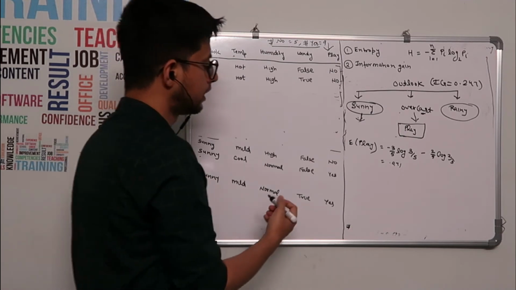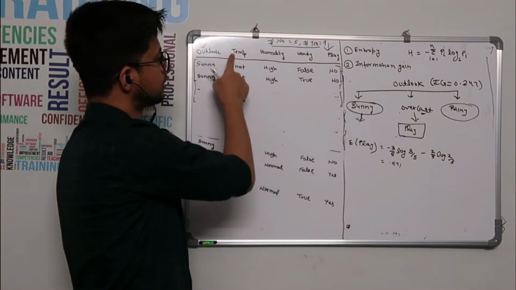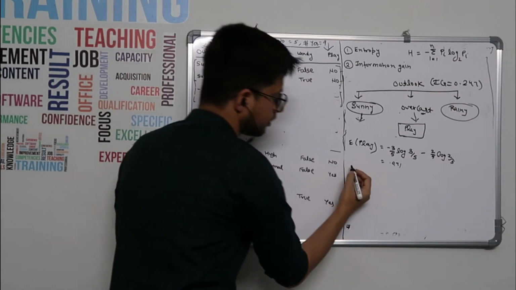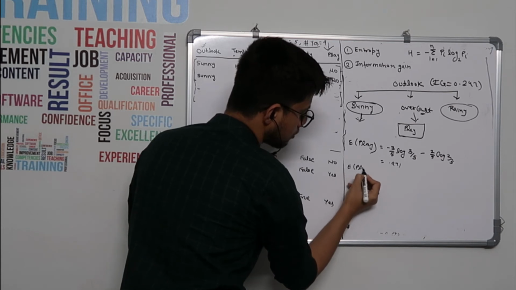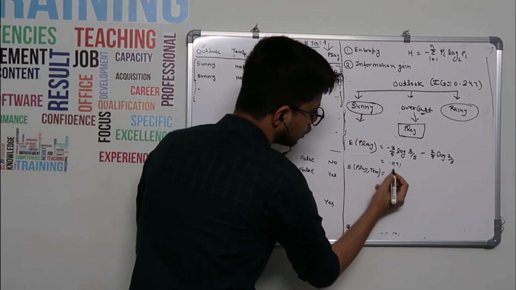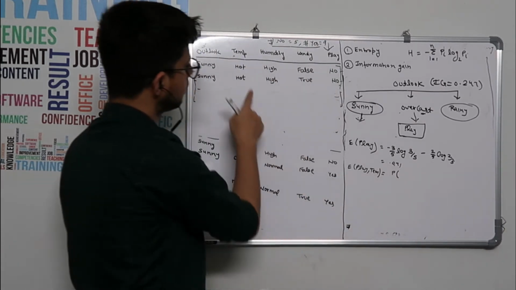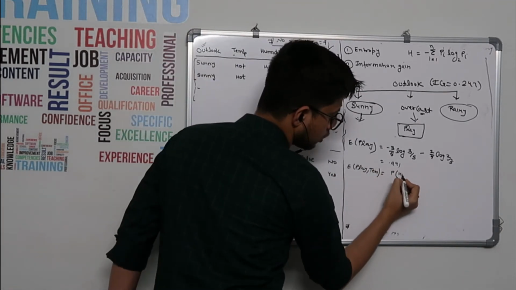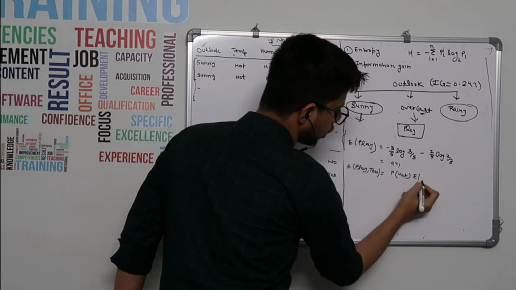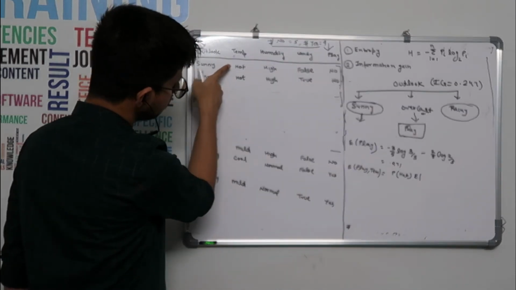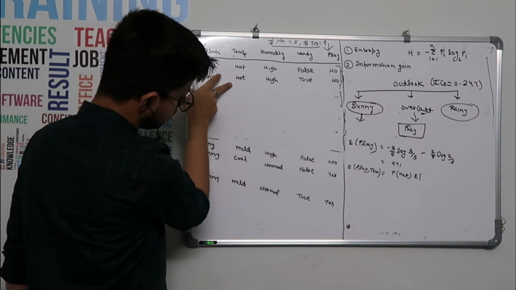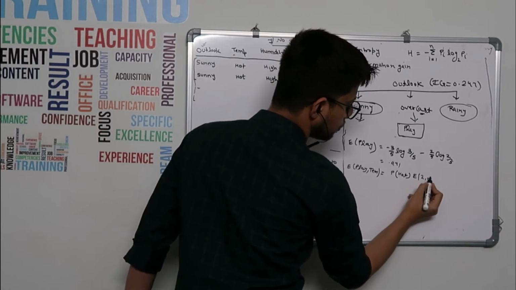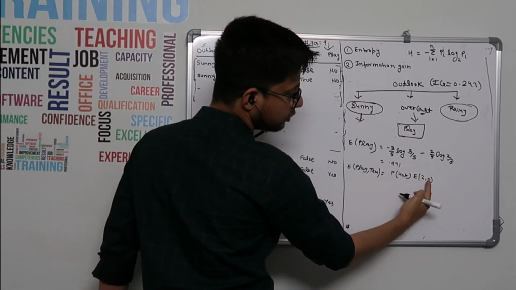So simple mathematics. And now we have to decide, after sunny, whether it is temperature node, humidity node, or windy node. So we have to calculate entropy of play with respect to temperature. So entropy of play comma temperature, what will it be? Probability of, like, how many are there? Hot, cold, mild. So probability of hot and then entropy of how many places it is hot. Hot, there are two only, and both are no. So it will be 2 comma 0, because this is denoting no and this is denoting yes.